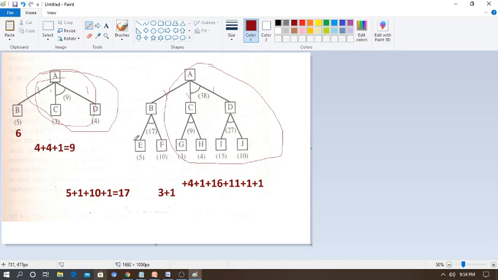In A star what happens? We can follow it and stop. Here AO star is not like that. Even if you get the goal and get the answer, it goes and visits all the successive nodes that are there. Everything is visited. So here I am explaining: if you have only B, it is not your goal node. So 5 plus 1 is 6, then 10 plus 1 is 11. So 11 plus 6 is 17. You go for your goal node G and so on.